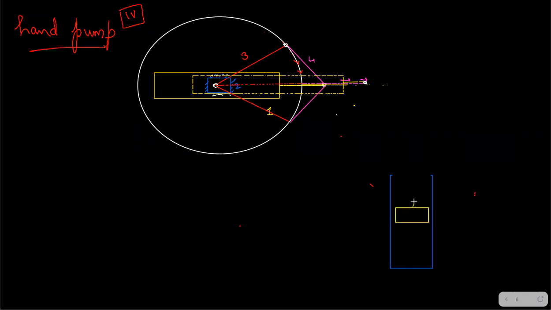See, that's why I'm talking about the kinematically equivalent diagram. Kinematically equivalent means motion wise it is the same. Shape wise it can be anything, but motion wise it's the same. Fine. And then you have the connecting rod, right? Link number 3 with the yellow. This is your connecting rod, the yellow link.